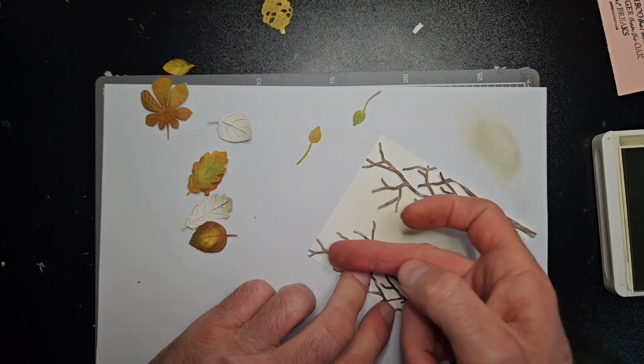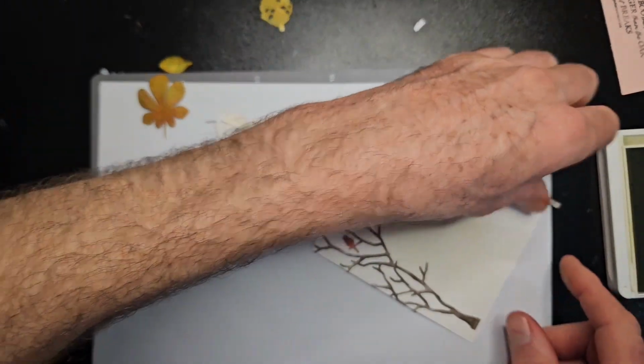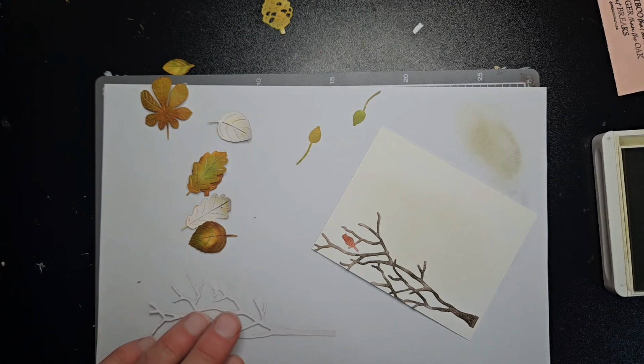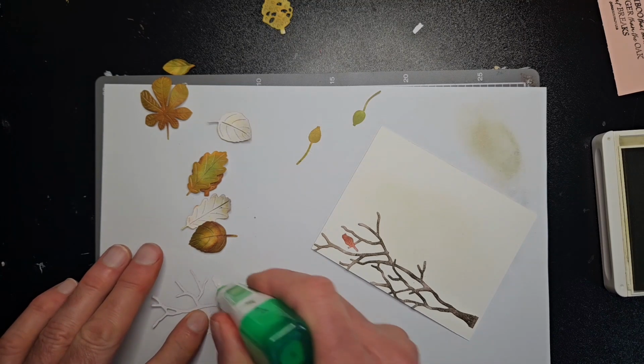Okay. All right. Now this one is not going to have anything to hide its sins. Like that one's just a little bit too high, but we're not going to see that because of...